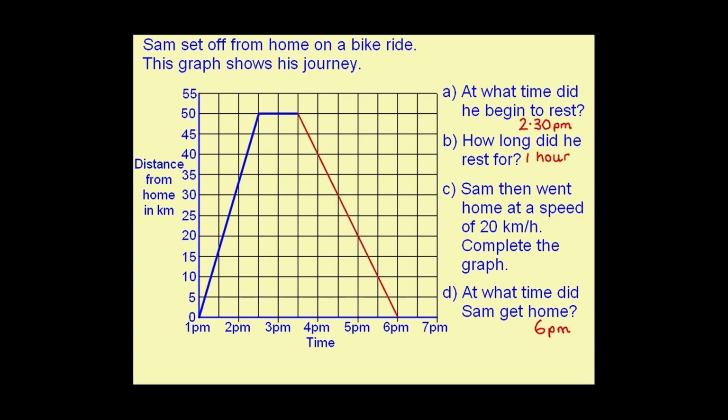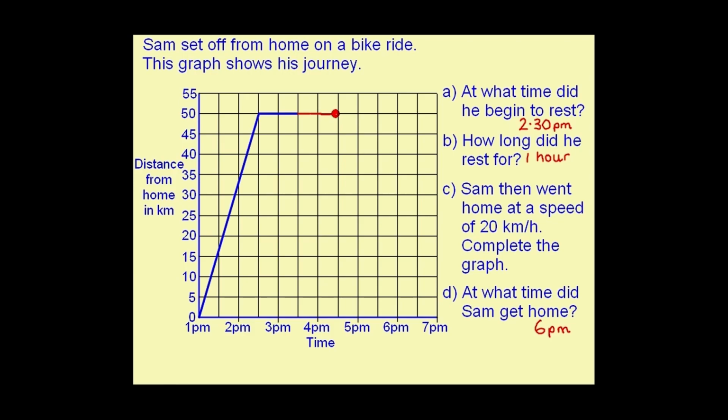Here are the answers. I'm going to show you how I got the answers to part C and part D. So for part C, I know that Sam travelled home at a speed of 20 kilometres per hour. So the first thing I need to do is decide what an hour is on the axis here. An hour is 2 squares. So he started travelling home here, and 1 hour looks like this. He was travelling at 20 kilometres per hour. So in this amount of time, he must have travelled